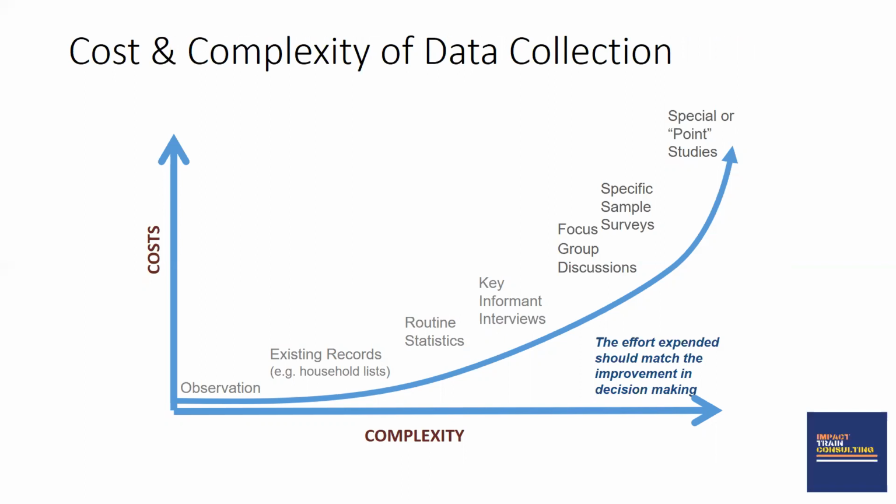As we can see, the least expensive method of data collection is observation, and the most expensive method of data collection is special or point sample surveys. So observation is the least expensive, followed by existing records, and then we have routine statistics, and then we're moving towards the primary qualitative data, which is key informant interviews, focus group discussions, specific sample surveys, and special or